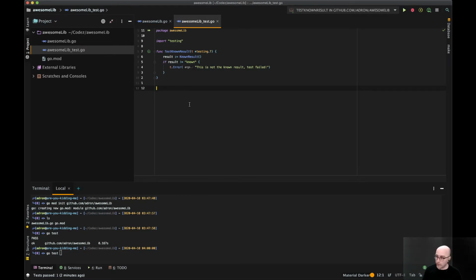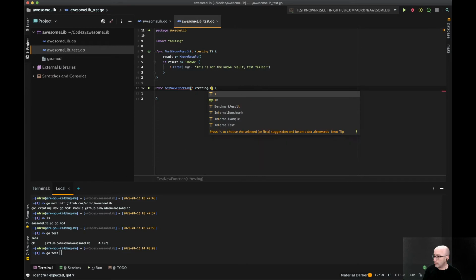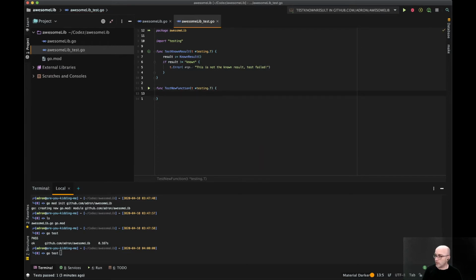So let's see here. If you want to do TDD though, one way you can do it is something like this. We'll do test new function, right? And then t, get that pointer in there to our lib. And then you can go ahead and do the implementation, right? So result, we'll call it new function. This is a very bad name, by the way. Not a good practice to call a function or a string or whatever this. But this is purely for example purposes.